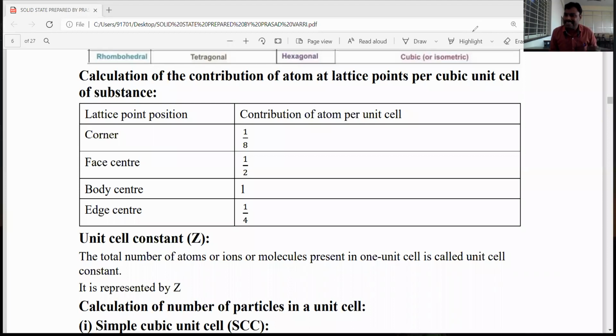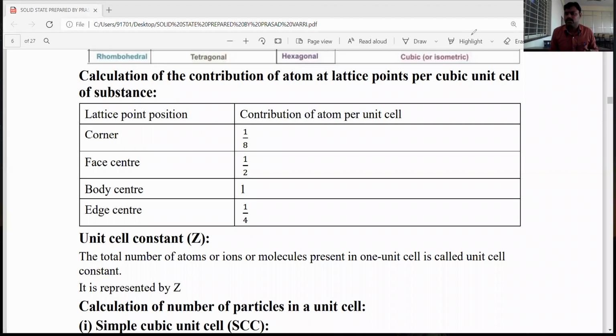And among those 7 crystal systems, the triclinic crystal system is the most unsymmetric because the edge lengths are not all equal and the axial angles are also not equal to 90 degrees. Axial angles alpha not equal to beta not equal to gamma not equal to 90 degrees, and edge lengths a not equal to b not equal to c. This is the relation for the triclinic crystal system. Hence, it is the most unsymmetrical crystal system. It has only one Bravais lattice, that's why it has only one unit cell, the simple triclinic crystal.